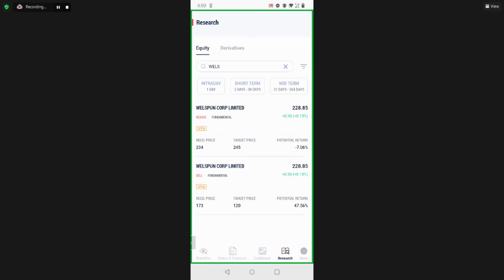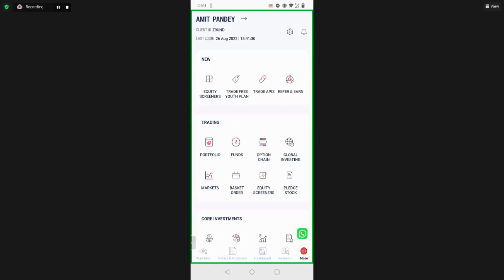So yeah, this is about research. I'll go to the more menu. So I have finished all the 4 bottom navs. I'm going to the last one, which is more. And if you see, this more tab has also got a little new look and feel, wherein we have tried to make this screen more